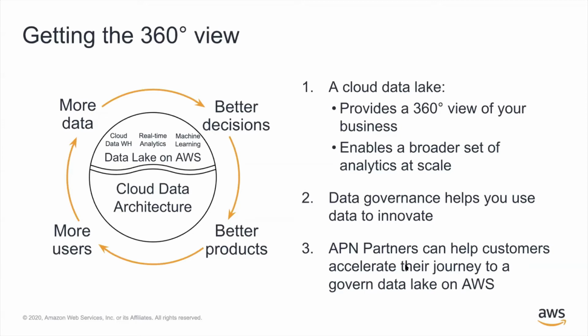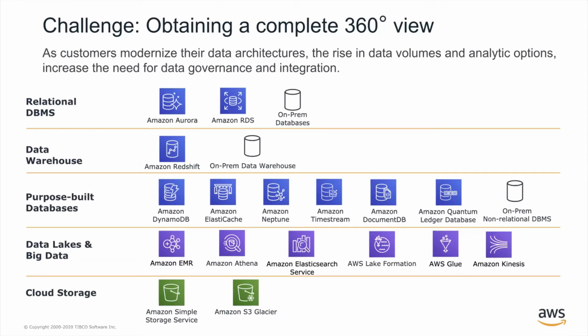Now, let's hear from Conrad on how AWS competency partner TIBCO can help you get there. Thanks, Jorge. So as customers look at modernizing the data architecture, they need to think about all the different data sources. They need to think about governance and integration. And one of the great things about working with AWS is a lot of the kinds of data that you're going to need to produce a really robust 360, whether it's information that's transactional in nature or streaming in nature, maybe it's associative, something you might find in Graph. They've got it all. And that's one of the great things about working with them.